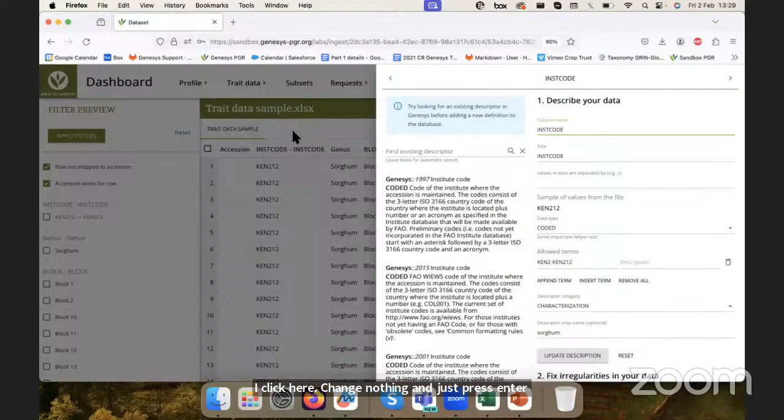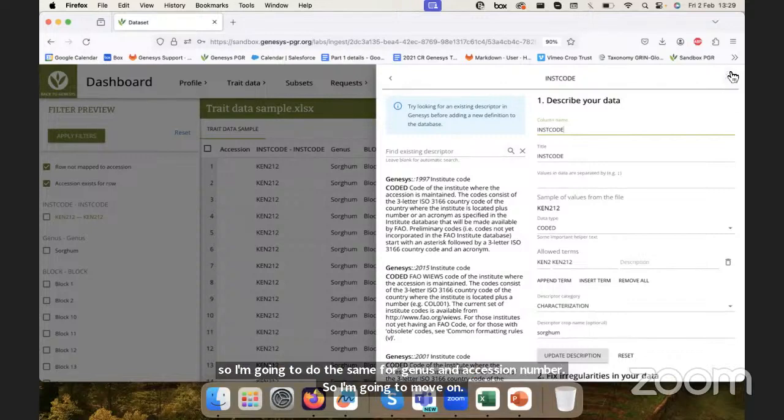And you see here, I have my original column name inst code, and it's doubled dash inst code. That's what the tool added, which means that the tool was able to link this inst code column in my file to the inst code in Genesys. And so I'm going to do the same for genus and accession number. So I'm going to move on. I'm going to click this arrow in gray